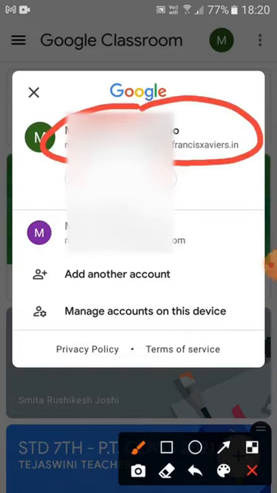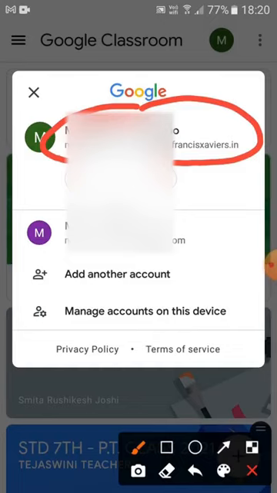And please note, the email ID should be correct. Your name dot surname at St. Francis Xavier's.in, plural, Xavier's. Okay, and all are small letters. Please keep this in mind, that it has to be all small letters and it has to be Xavier's, continuous.